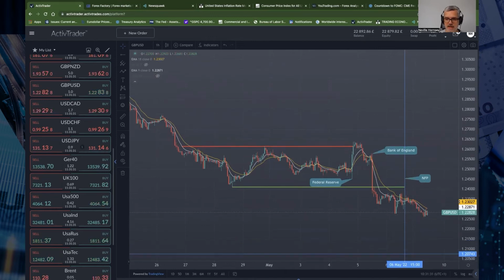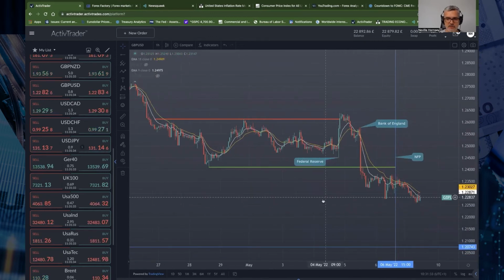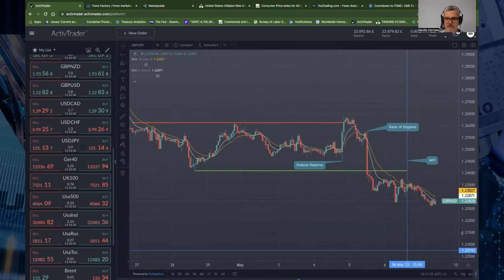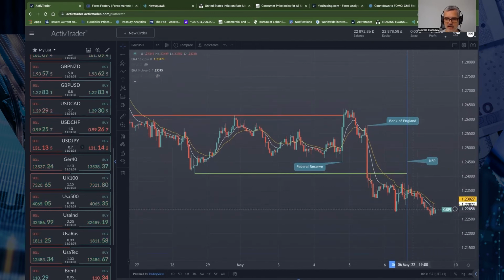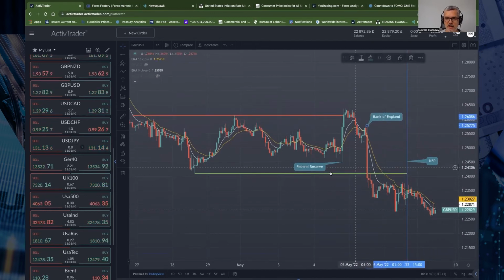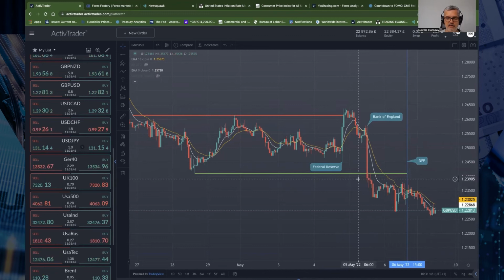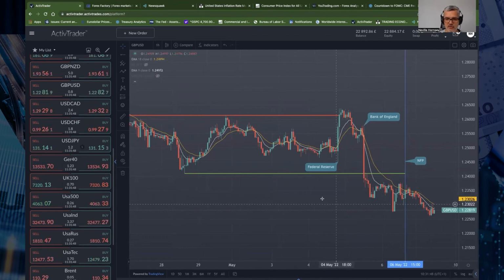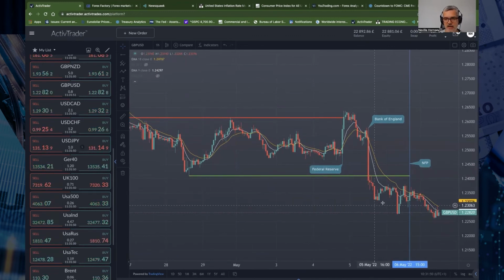What could keep this lower is obviously Brexit talks. We don't want that to affect the UK economy for much longer, but they are going to be negotiating with the European Union over certain protocols around Northern Ireland. If they just walk away from those talks, the pound is probably going to drop. So we might not actually get back at the Bank of England move here. It's just something to keep an eye on when we get towards the 1.255, should we actually get up there.